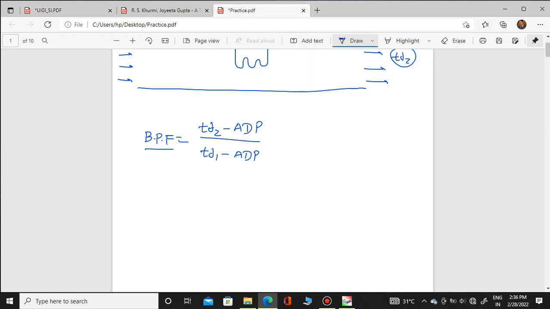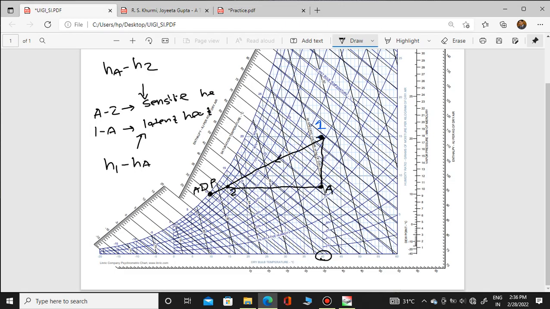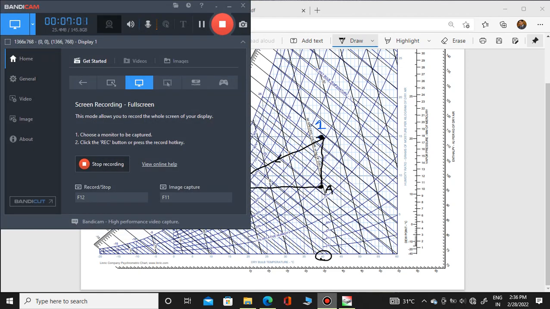Now let us understand sensible heat factor. Sensible heat factor is sensible heat divided by sensible heat plus latent heat. So in the cooling and dehumidification process, you have to remember these two factors: first is bypass factor and second is sensible heat factor. Also remember that you have to reduce the temperature of air below the dew point temperature. Then and only then this process, cooling and dehumidification, can occur. Clear? I hope you understood all. Thank you all for listening.